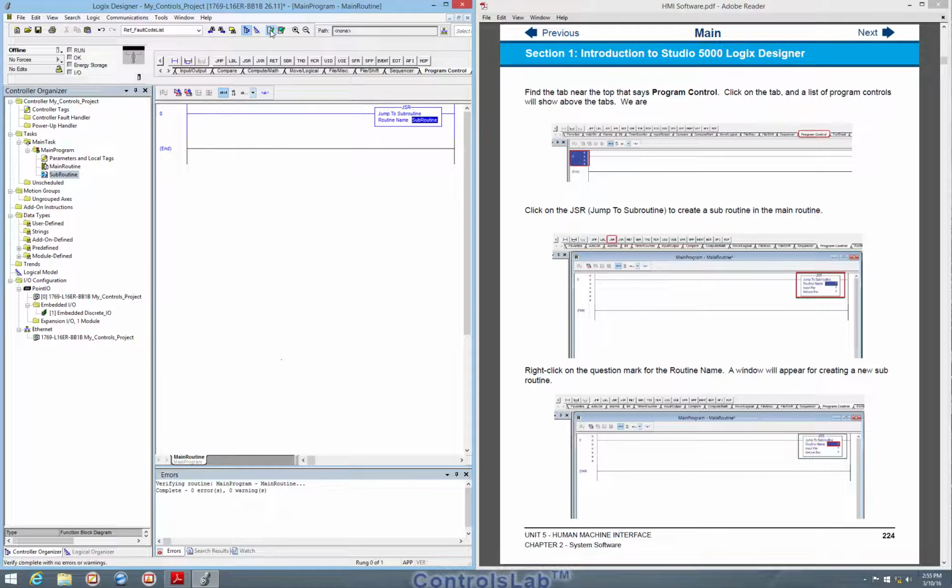Once we do that, we can verify the routine by clicking this button. We see down here we have 0 errors, 0 warnings. So this routine is all